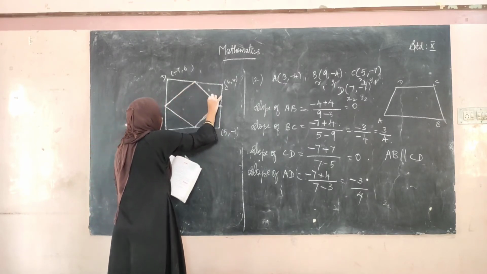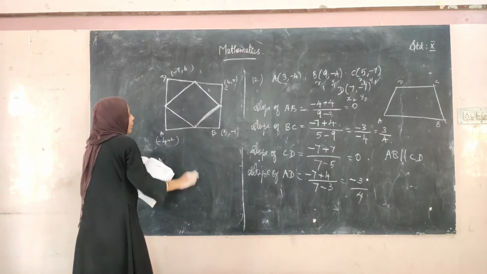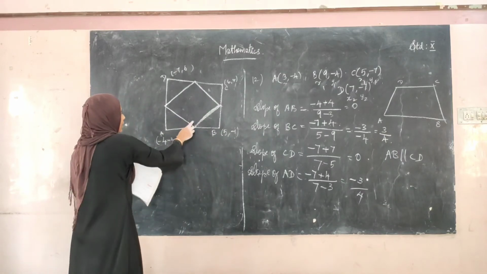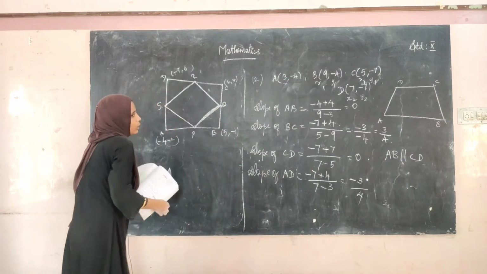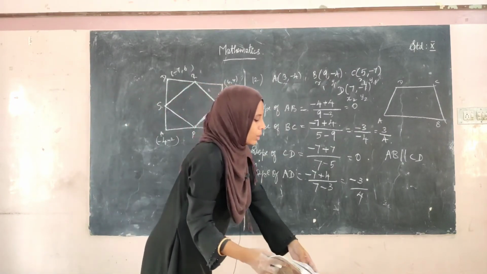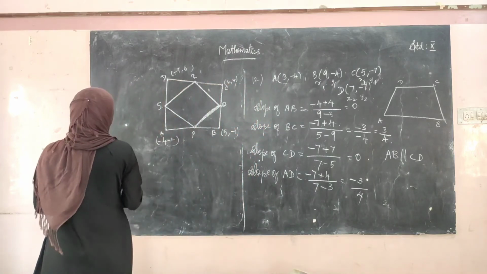So for this, you have to find the midpoints. Let these be P, Q, R, S. So you have to find the midpoints, right? So how can we find the midpoints? So midpoint